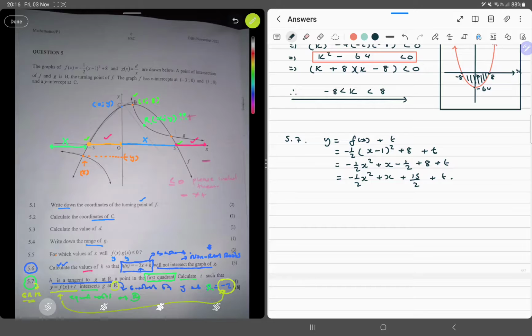But now we are told that the gradient of this function, since this function is equal to, essentially, if this function is equal to, wait a minute. If these two graphs are equal at this point,